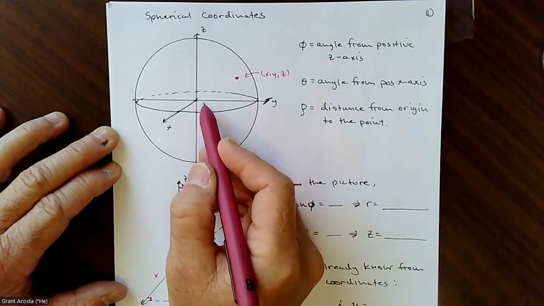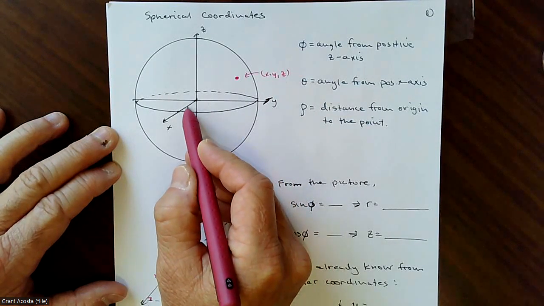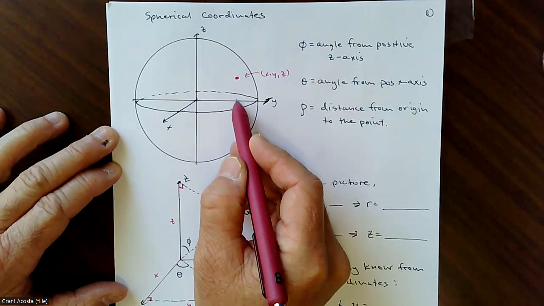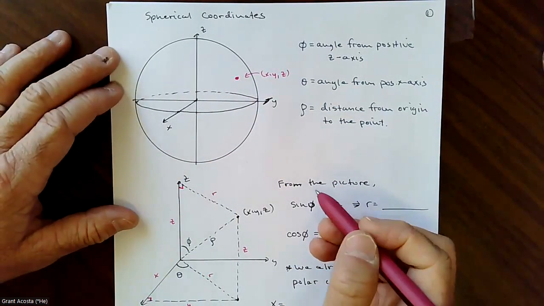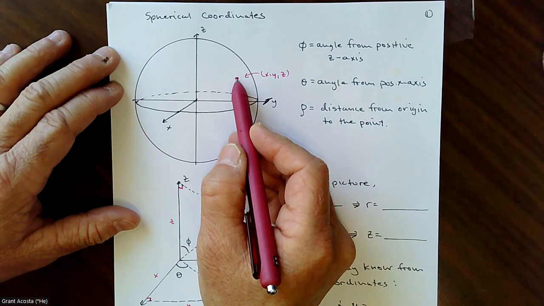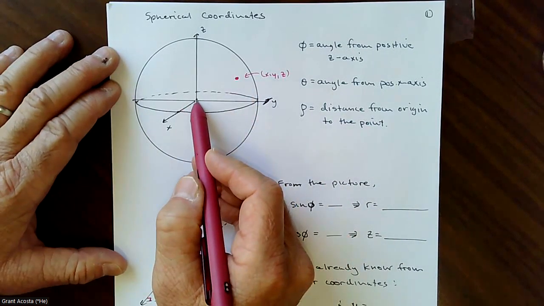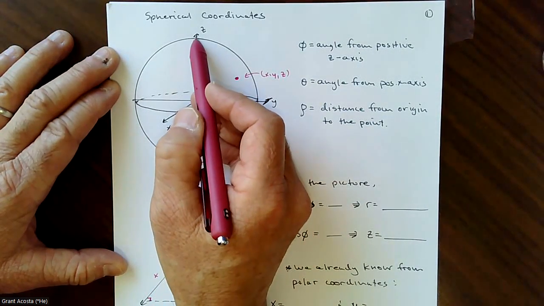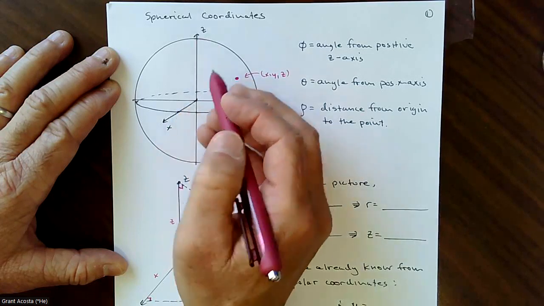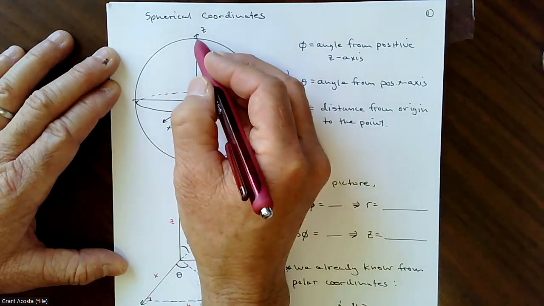You can probably imagine how to get there. You would go over X on the X-axis, over Y, and then up Z. But another way you could think about getting to this point, X, Y, Z, is by, imagine you're at the origin and you're facing upwards towards the positive Z axis. So you're facing up here. You could rotate,